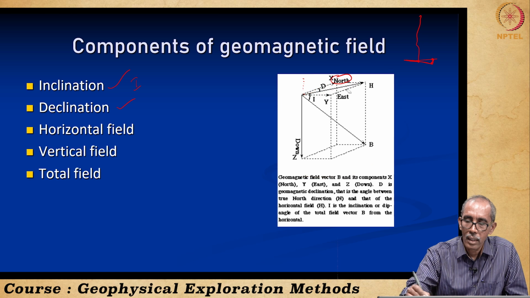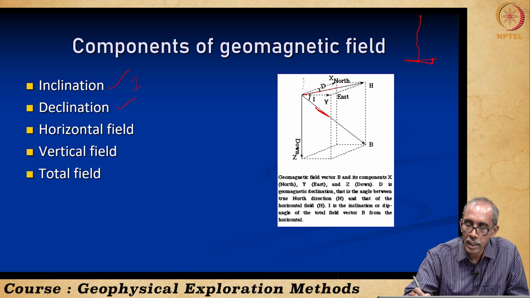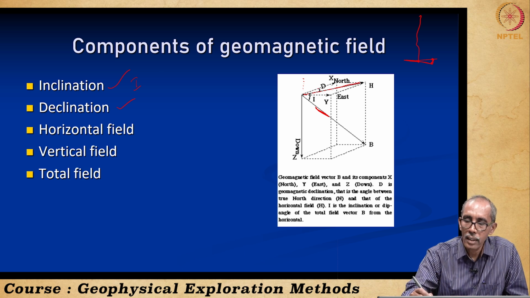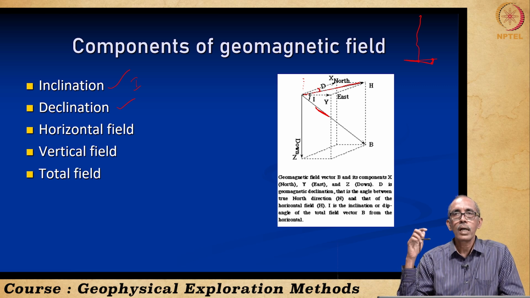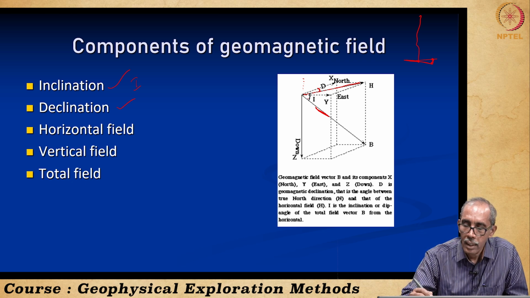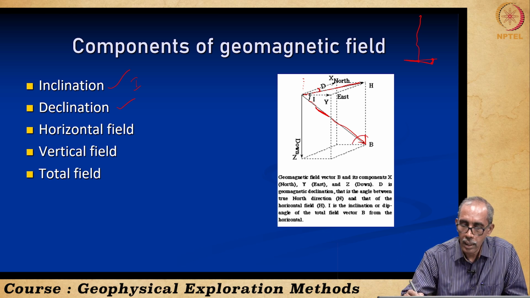Is it clear? I am drawing it here. This is the inclination. This is how the needle is oriented now. The projection of that on a horizontal plane is the red line which I am drawing now. The angle that it makes from the geographic north is the declination. So, these two are angles: one is inclination, the second is declination. Then let us see this particular line. The needle is inclined and it is attracted toward the earth. So, what is that vector? That is known as the total field.